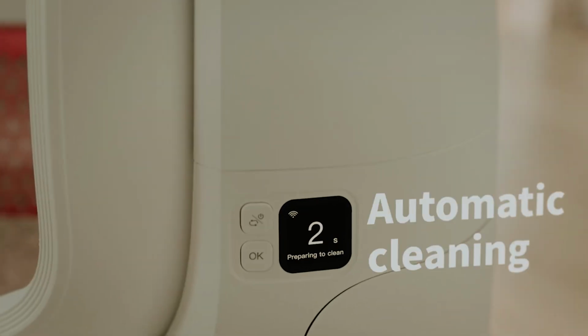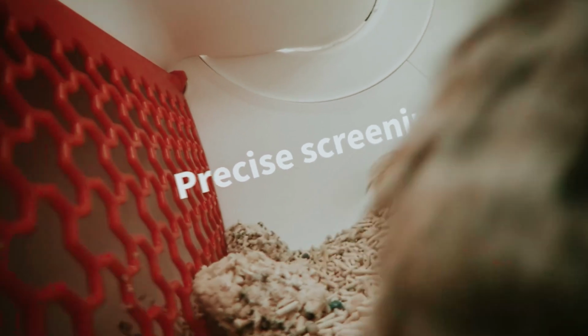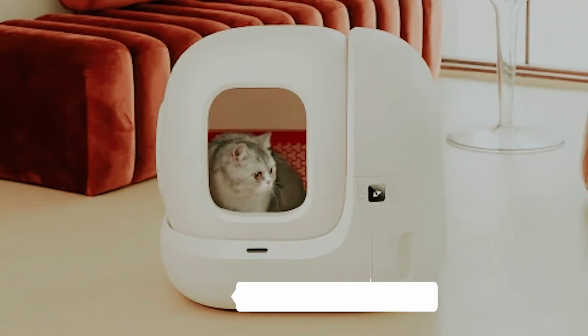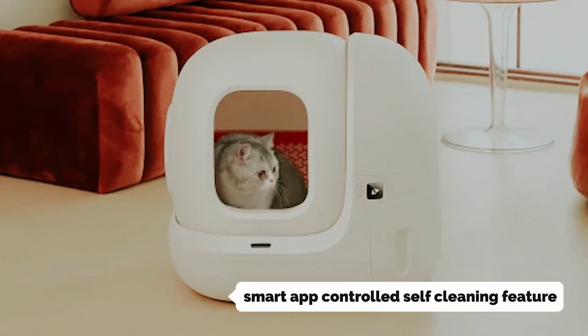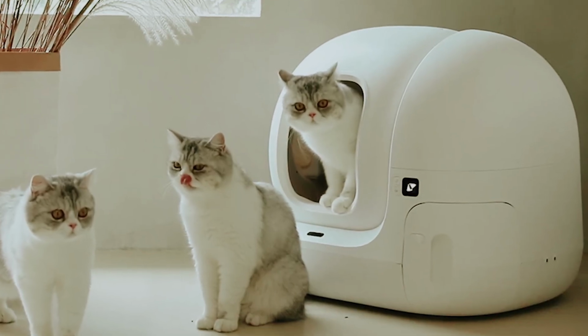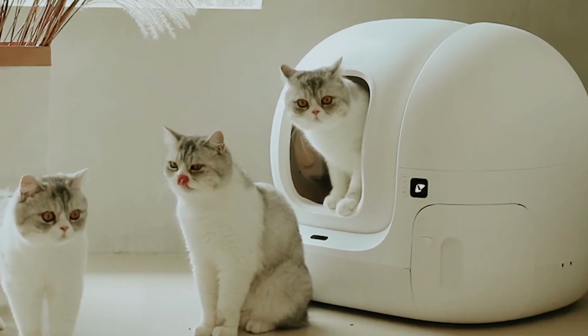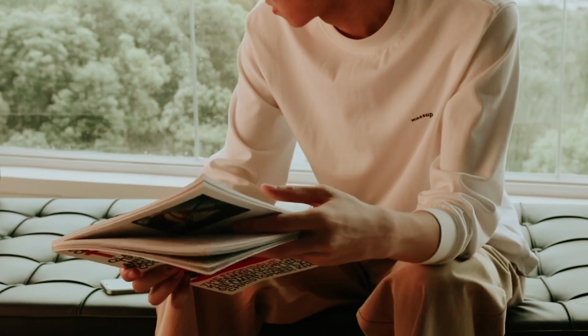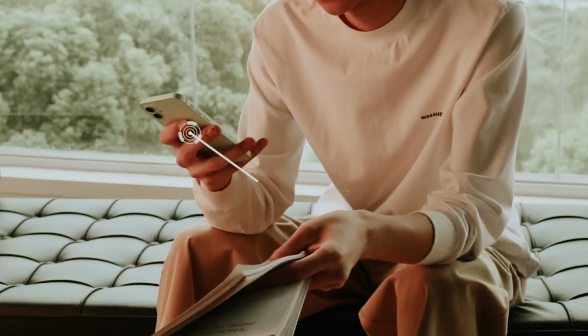The included trash bags are generous in size and come with a convenient drawstring handle, making cleanup a breeze. What sets the PuraMax apart is its smart, app-controlled self-cleaning feature. This larger model builds on the success of the PETKIT PuraX, known for its superior odor control. Both litter boxes share high-quality features, including an impressively quiet cleaning cycle, so you and your cats can enjoy peace